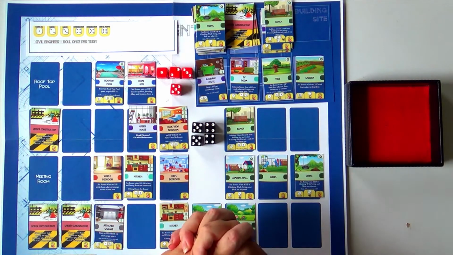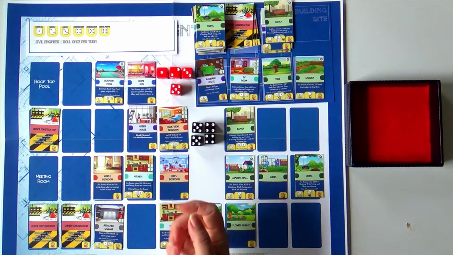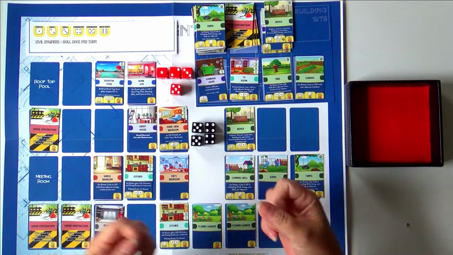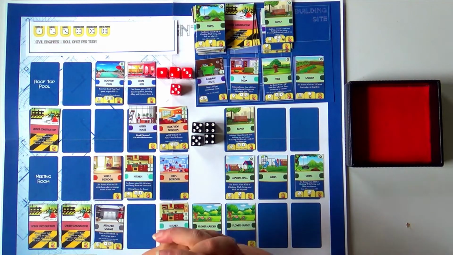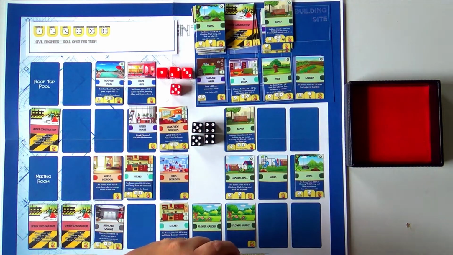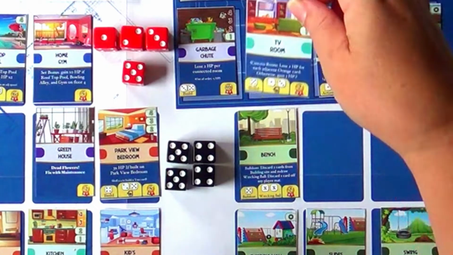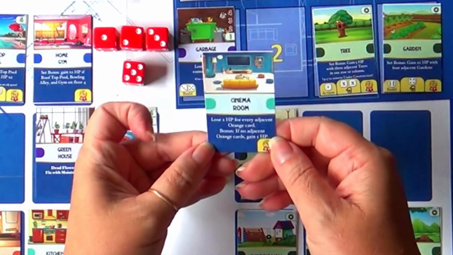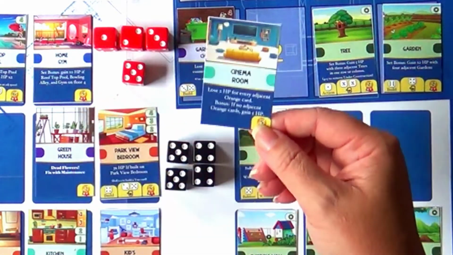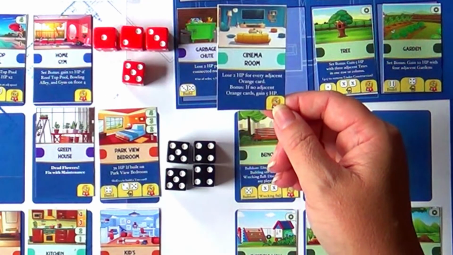Ooh. Can you use a room more than once? I'll have to check. It looks like you can, so if I wanted to, I could even take out 2 under constructions. Wouldn't that be lovely? But the TV room is interesting here. Cinema room, lose. So it's worth 2. If it gets flipped, though, it becomes a 5. But if I can keep it away from other orange cards,